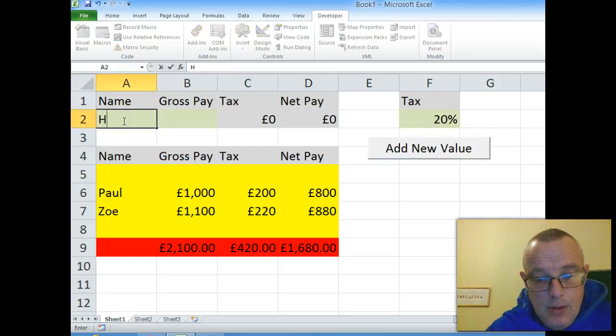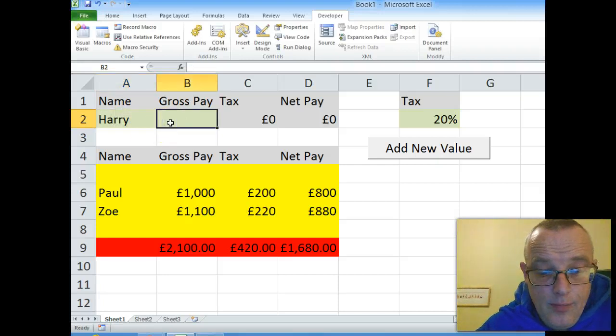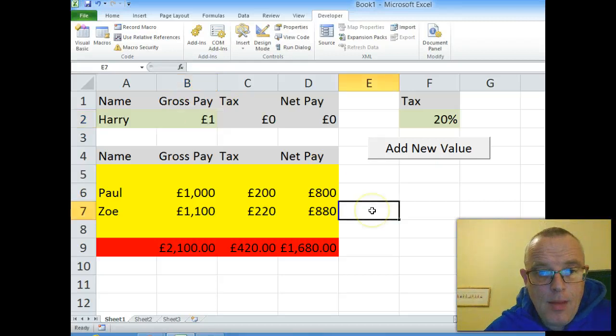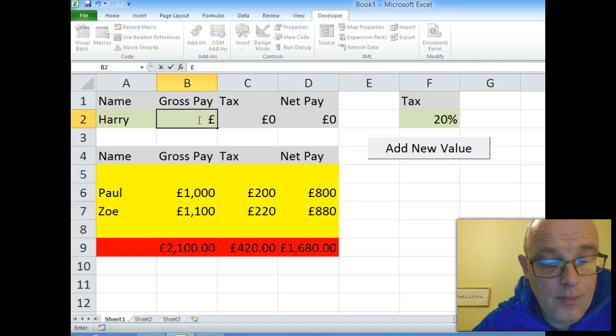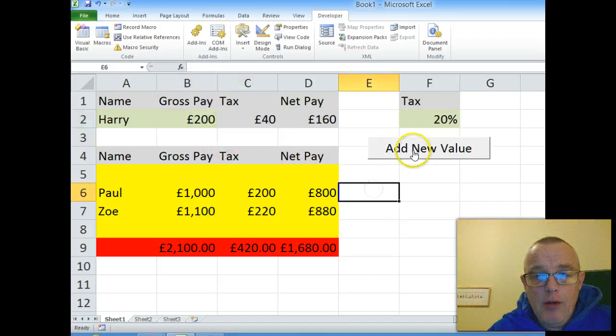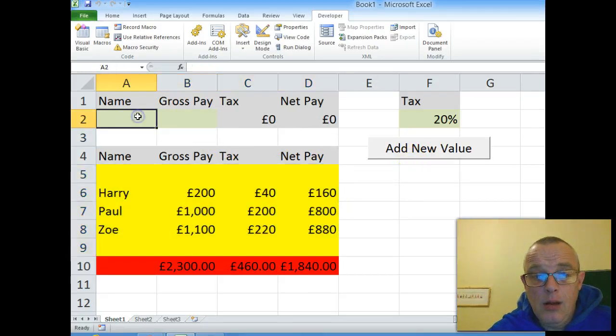So let's put in Harry now. Test out what it's worth. Okay. Now his tax hasn't worked out there, I think because I've rounded it up. Let's give him a bit more money. That's better. So now if I click add new value, Harry is added to my value, and I can keep